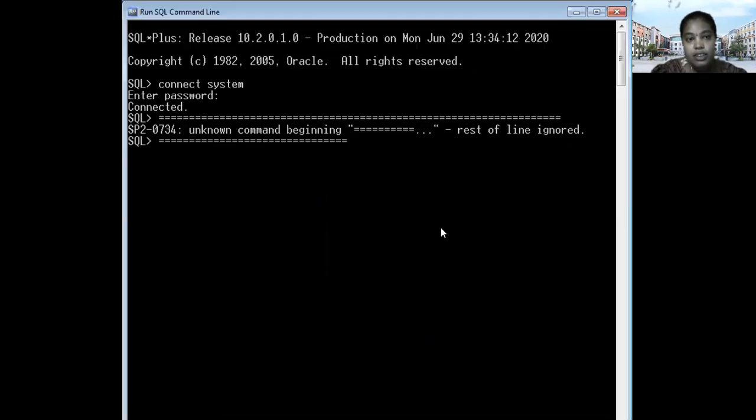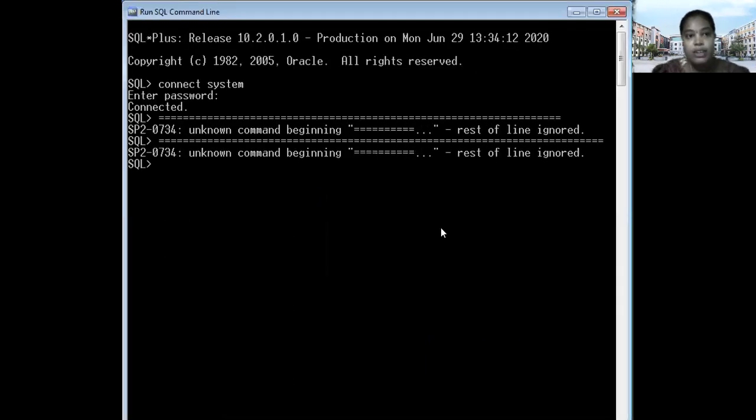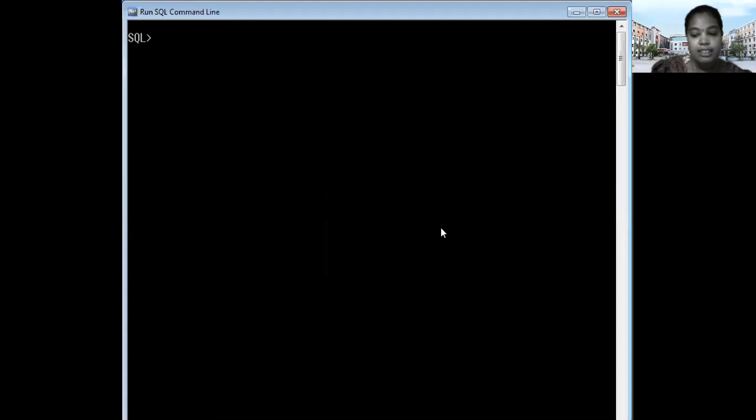You have to increase the font size. Then clear the screen.